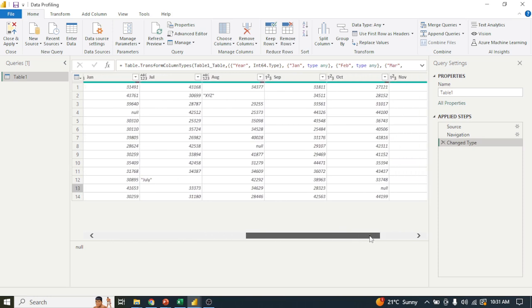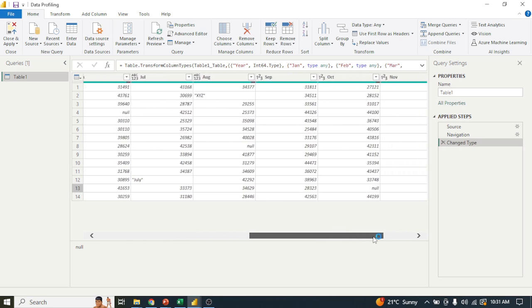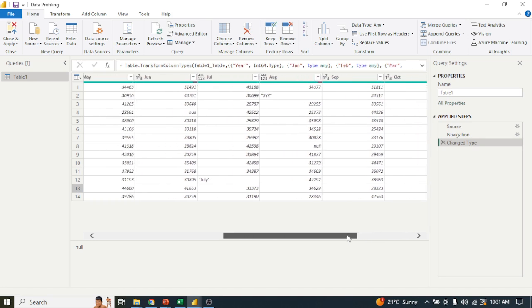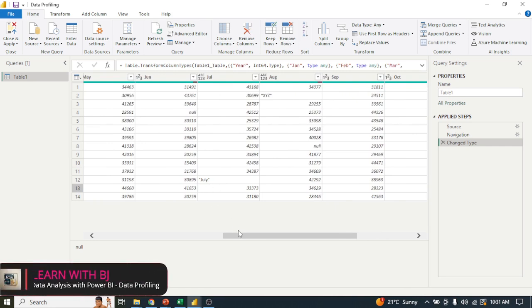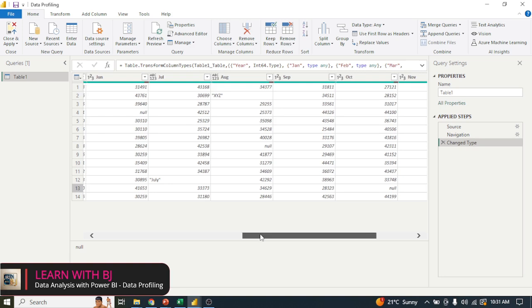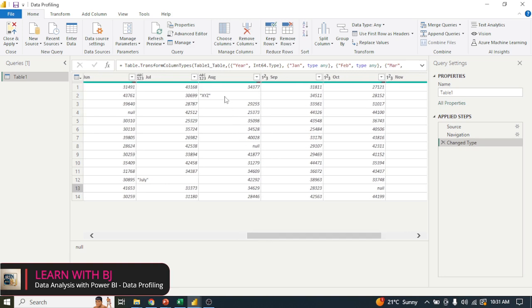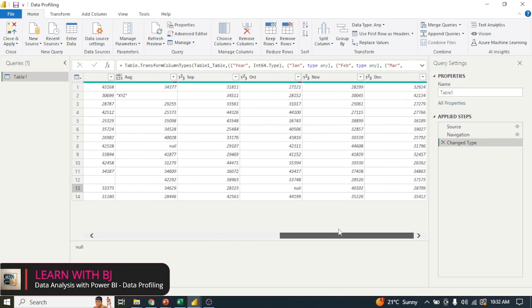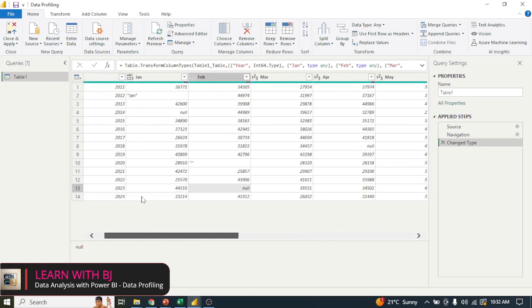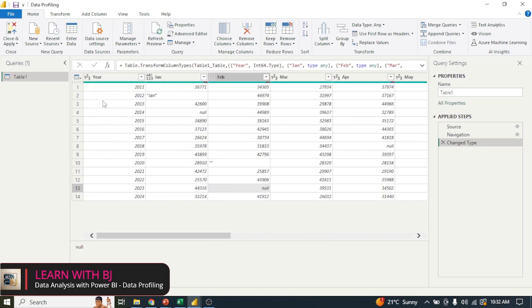So Power BI will capture the data for empty cells as null. And then when we go to July as well, we have another area here with the text that is written July, and the same applies to August, where we have XYZ as text data. And then our data, again, before we even start